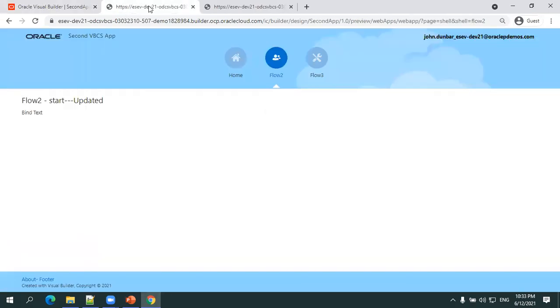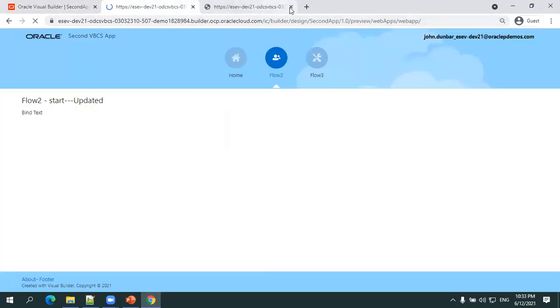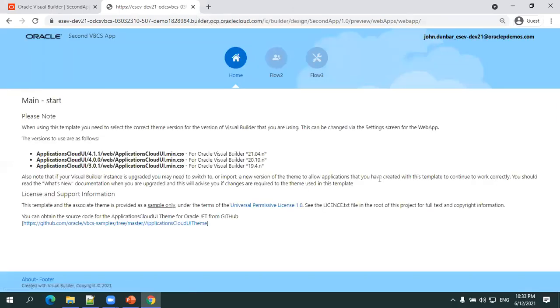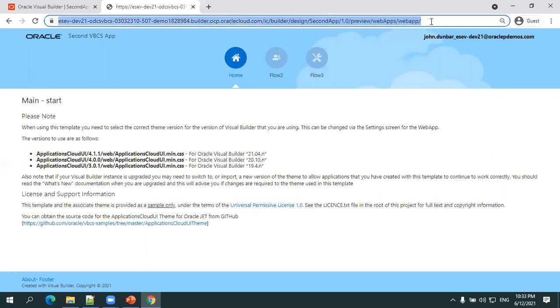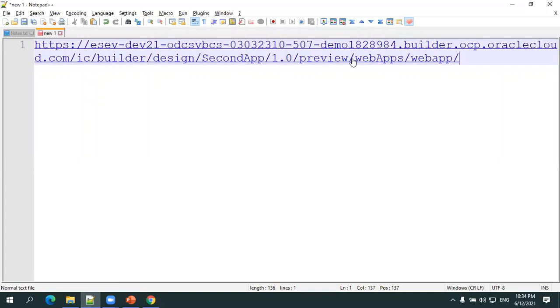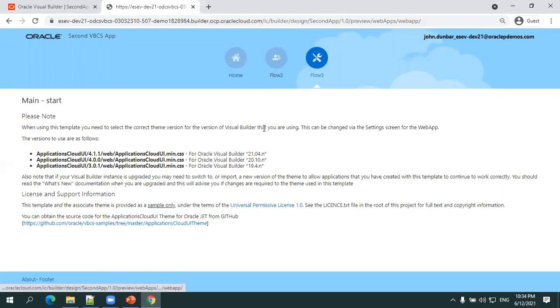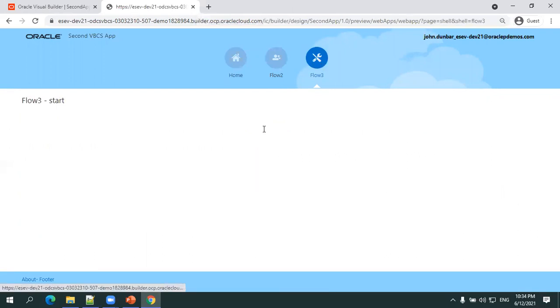Whenever you run the page, if you observe carefully, let us see this again. Can you see here in this particular URL, you would see a keyword called preview. It means that it is providing a preview of your web application so that the developer will validate, which is nothing but performing unit testing. If everything is okay, then he will send it for testing.